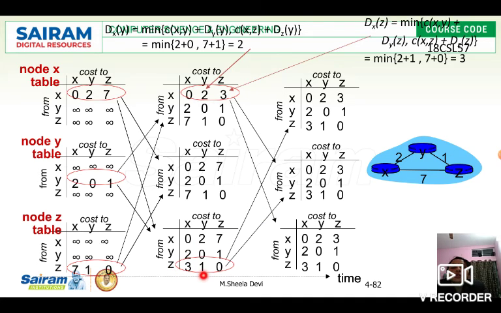Similarly, we also found that node z updated the value as 3 1 0, that will also be circulated to x and y. So once it is circulated, node x will replace 7 1 0 with 3 1 0, and y will replace its own routing table with 3 1 0. So this is how every node will be updating the routing information. Once the update is done, it will circulate its updated information to its neighbors.